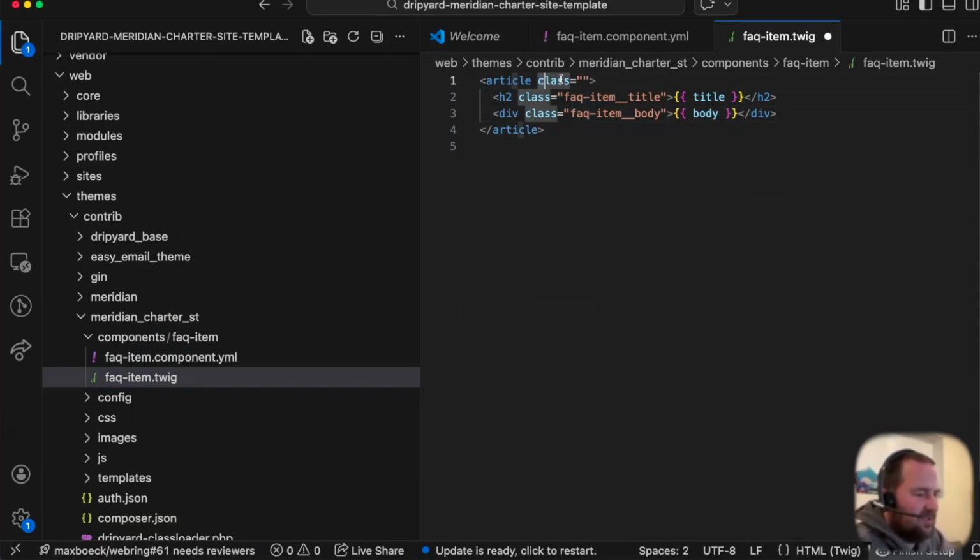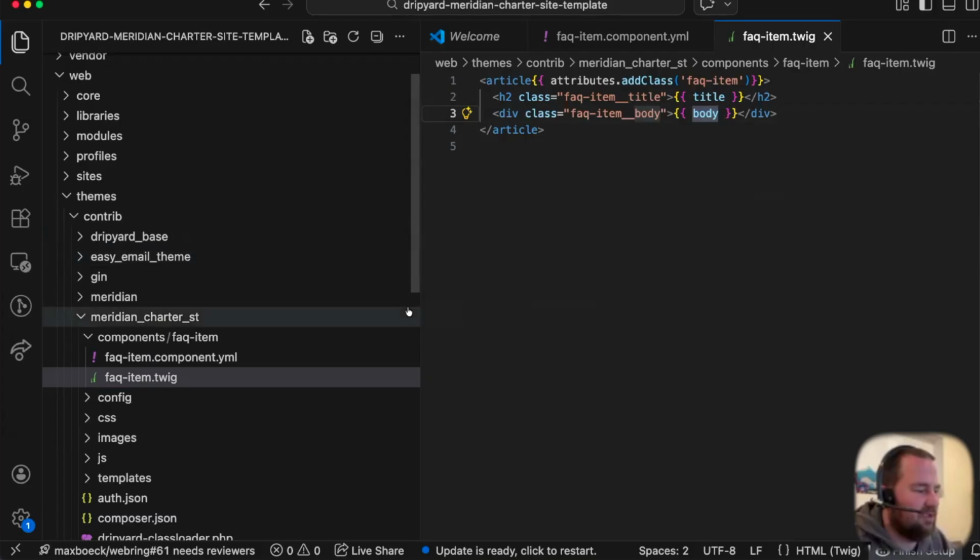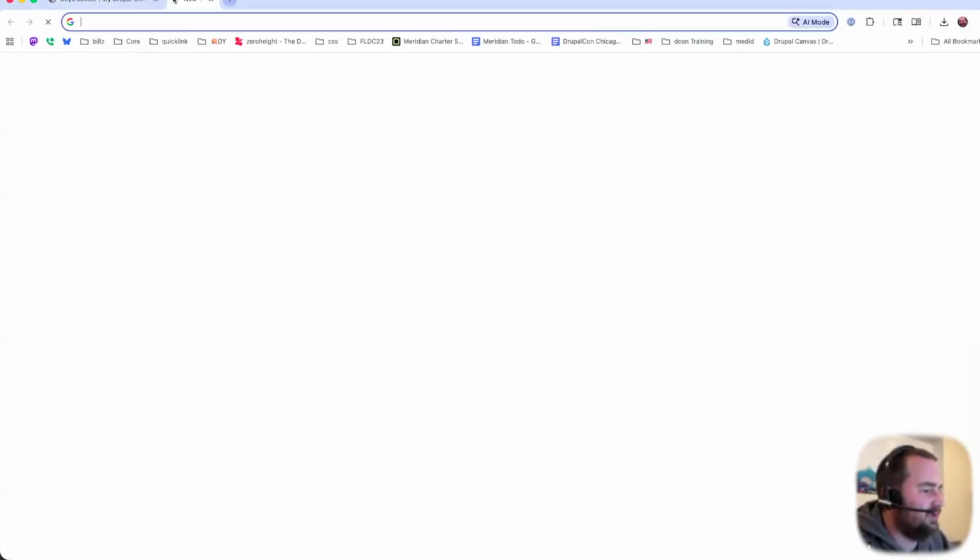And the best way to do this is by using the attributes object. I don't know if y'all are familiar with Twig, you want to do attributes.addClass. This is so other processes in Drupal can add attributes and stuff like that if you need to. So at this point we have two props, title and body, right? So what I'm going to do right now is go to